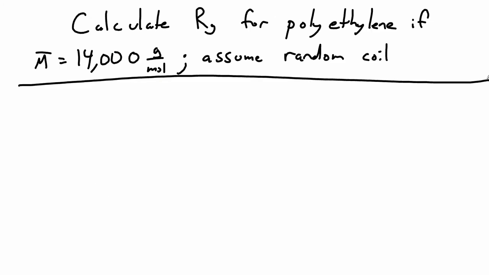Let's do an example. So we want to calculate the radius of gyration of polyethylene for a chain that has a molar mass of 14,000 grams per mole. And this will just give us a flavor of how big these coils can be. So we're going to set up a repeat unit, and note this is not the actual repeat unit for polyethylene, but we're going to use it because it's equivalent to one bond length. And we can see that if we have 1,000 of these, each one has a molar mass of 14 grams, and so if we have 1,000, we'll have 14,000 grams per mole. So that's what we've got. So we've got 1,000 bonds,